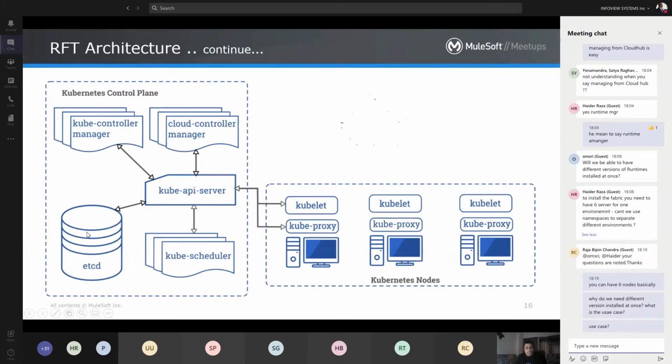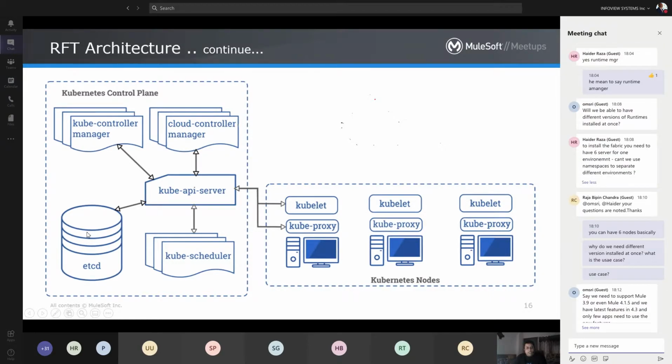So it manages all the cluster capacity and the status of the clustering whenever we are configuring Runtime Fabric. Kube Scheduler handles health checkup, and Kube API server is managing it. I'll explain how we can check this in our Runtime Fabric.